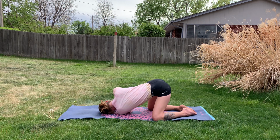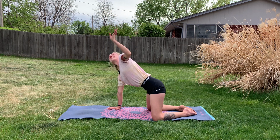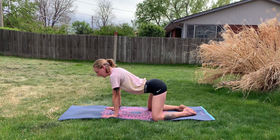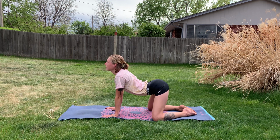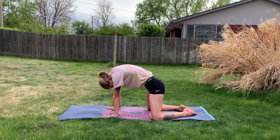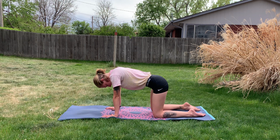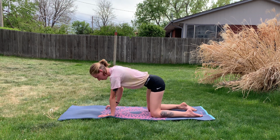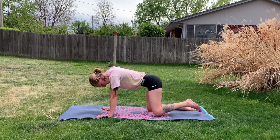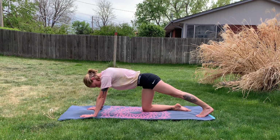And then pushing into that right hand. We'll inhale the left hand up high and exhaling, coming back to your tabletop position. We'll just take a quick cat-cow in this variation. And then we're going to bring our feet back to underneath the knees underneath the hip bones here, coming into our standard tabletop position. We're going to bring that left leg behind us, extending it straight out,